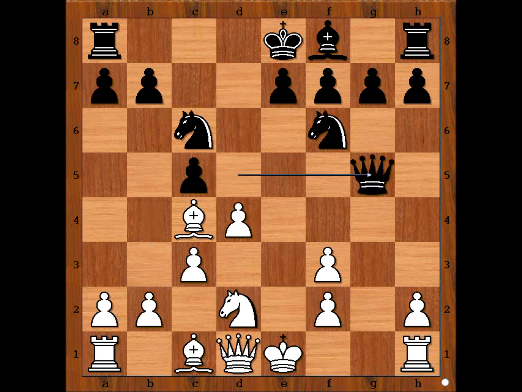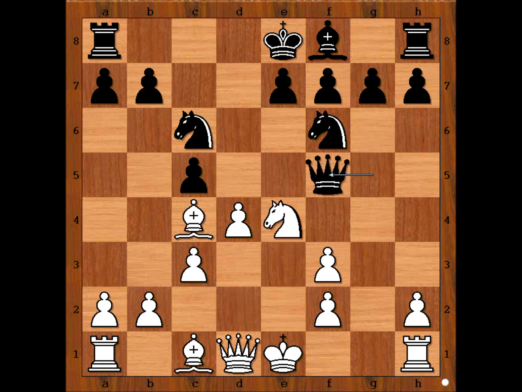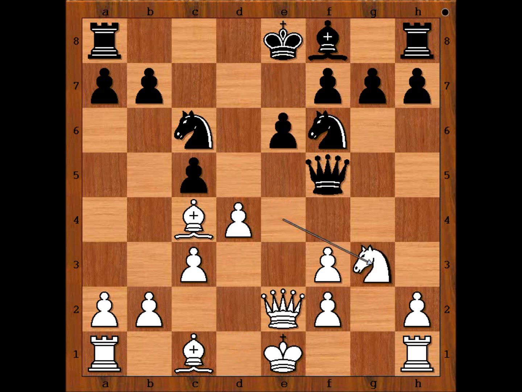Queen to g5 was played, and now black queen is a target of white pieces. Adams played knight to e4, attacking the queen. Queen to f5, queen to e2, e6, knight to g3, attacking the queen again. Queen to h3,